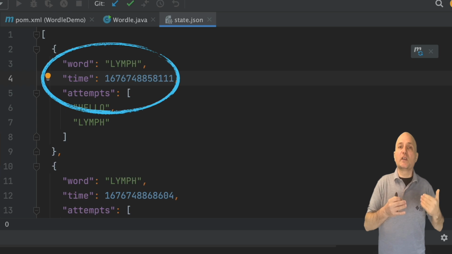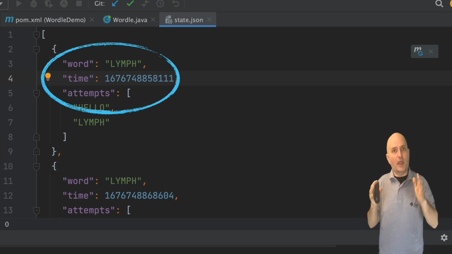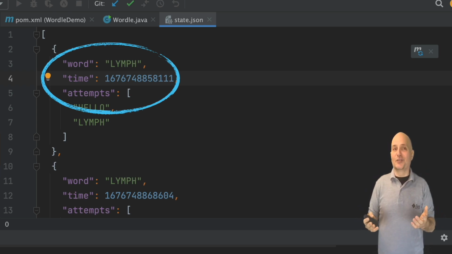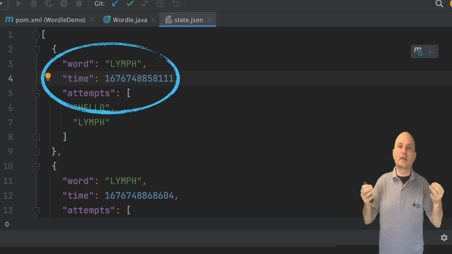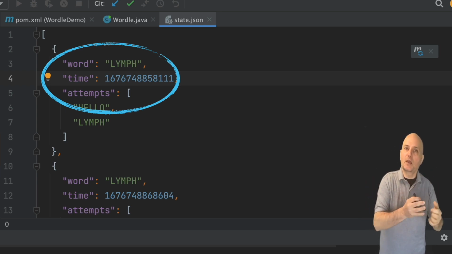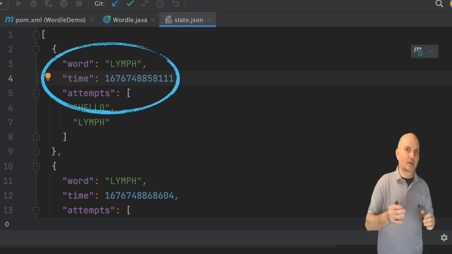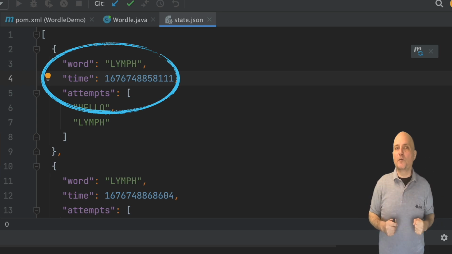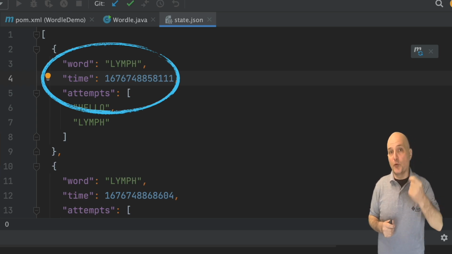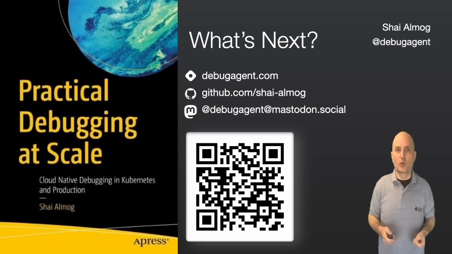This all loads and saves seamlessly thanks to Moshi. That's pretty cool. You can now understand why it's flexible. I can add a new field and it would just read it based on the new name. Very convenient. JSON is a powerful file format which we will use further as we build up this tool.